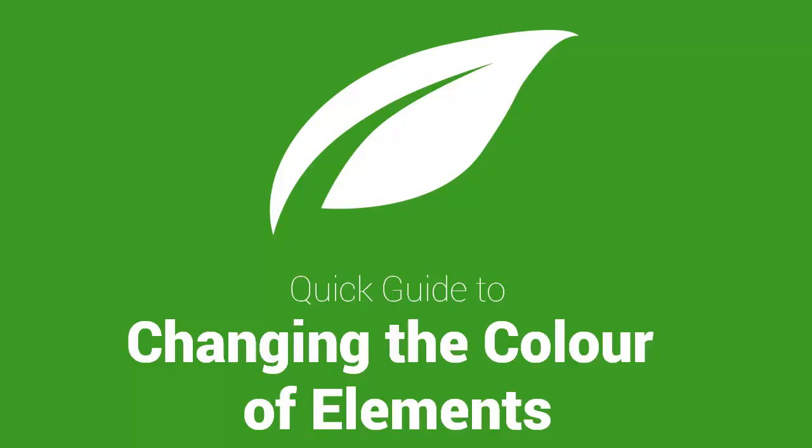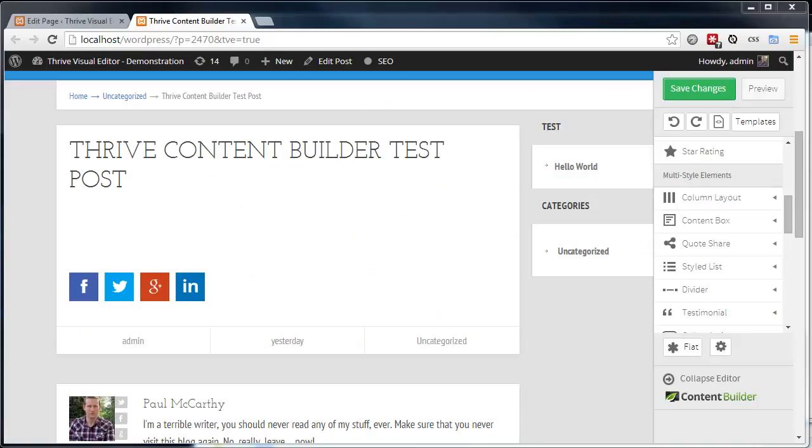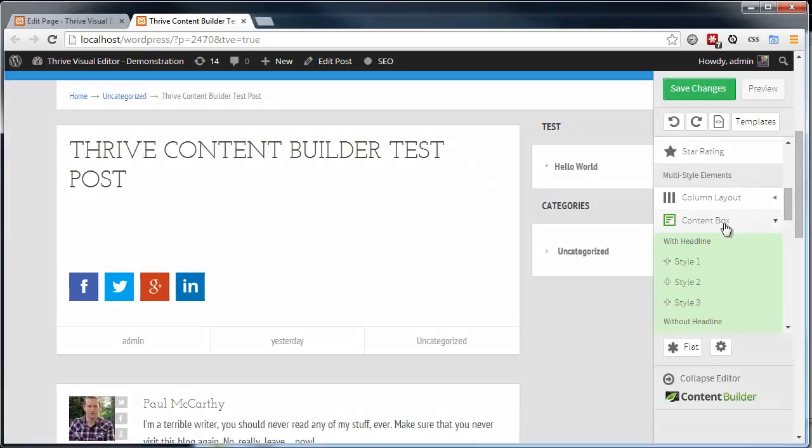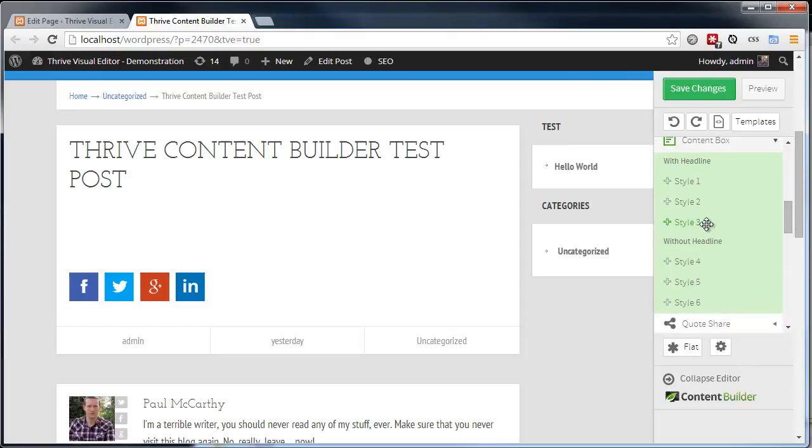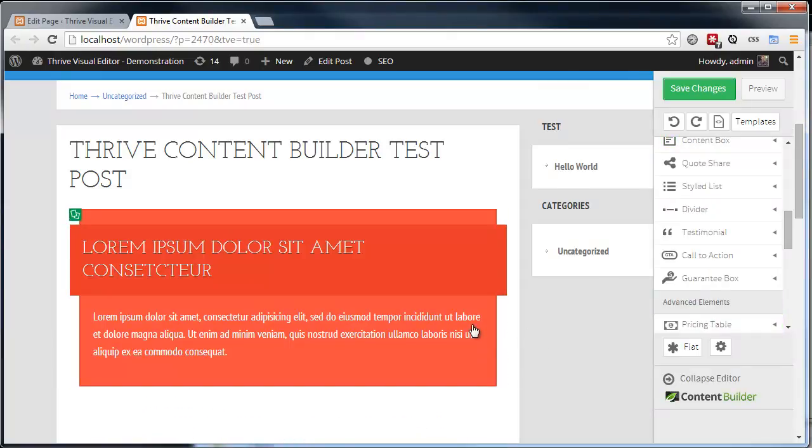In this Content Builder tutorial video, we're going to look at how you can change the color of elements on your page. The Content Builder allows you to customize the colors of each of the elements that are available in the software. For instance, if I load this content box here and I click on the content box to load